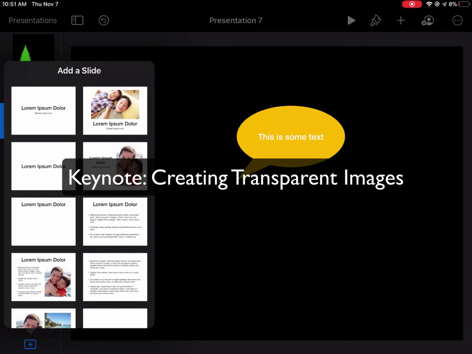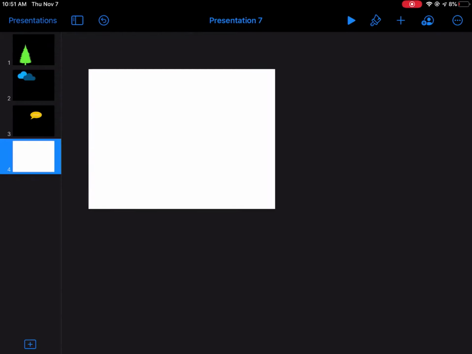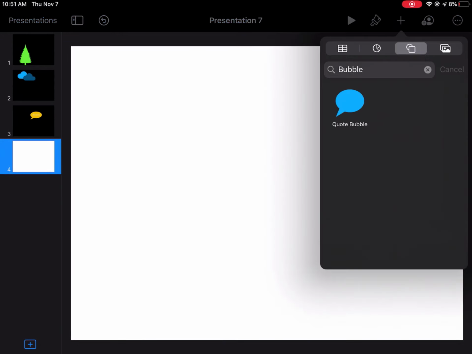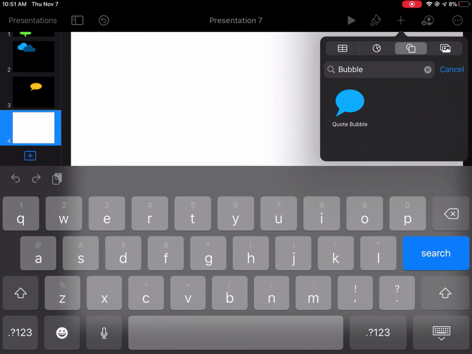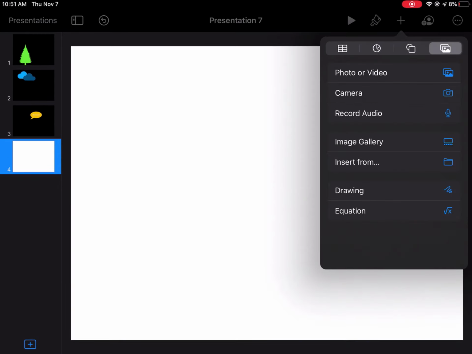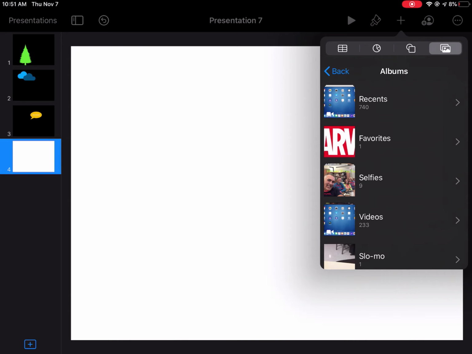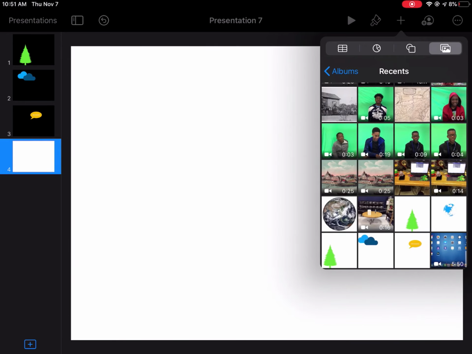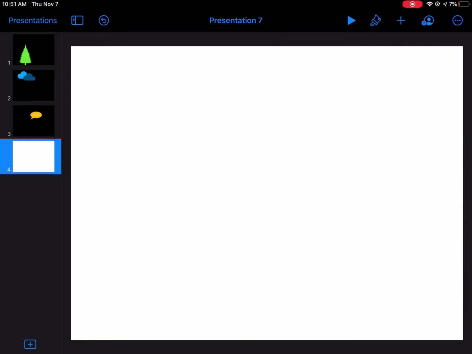Now, another cool way I can insert images is if, instead of inserting something from the shape library here, maybe I want to insert something from the internet. So if I saved a picture off the internet and I want to insert that picture in here as well, say I chose maybe this globe right here,